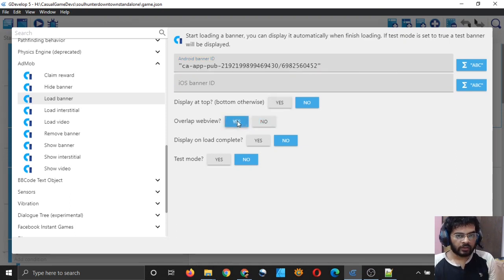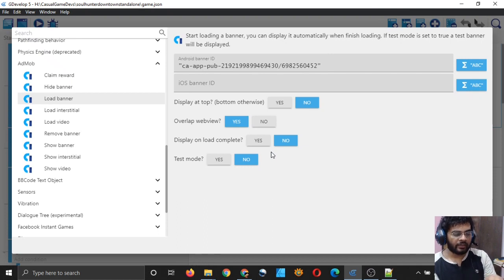Overlap web view. Select yes, because we are making our game in JavaScript, right? When we are building the game and converting it to an APK, most likely GDevelop's online service is creating a web view and putting that web view in an Android APK.